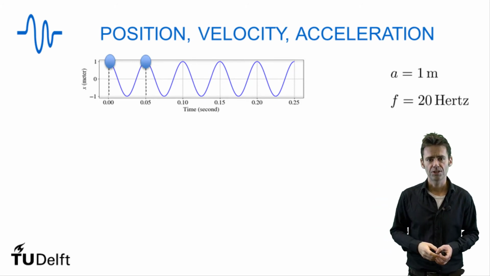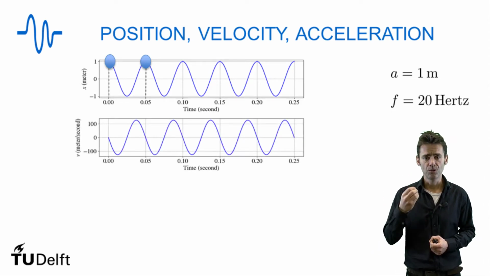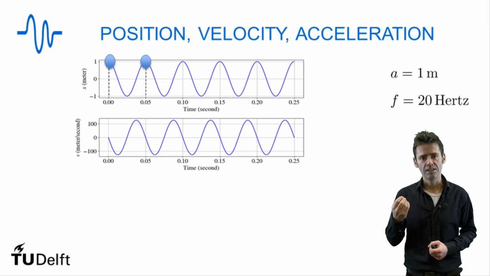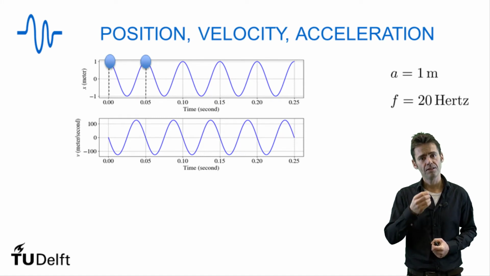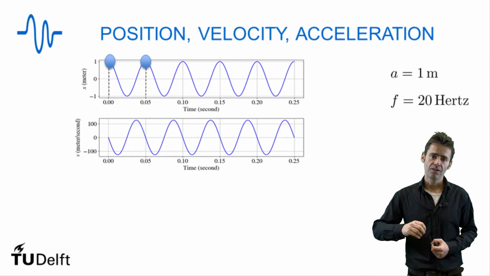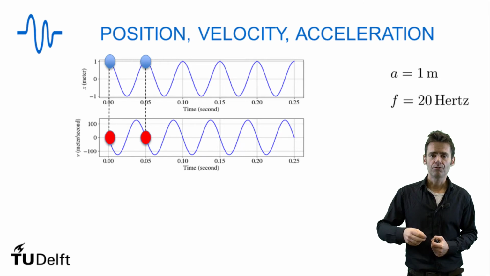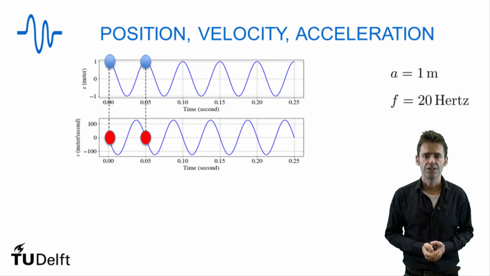Now what about the velocities? We have shown that the velocity at time t equals 0 is equal to 0. That's our boundary condition. Then the velocity increases and is at its maximum when the position is actually 0. That means the oscillator goes through its equilibrium position. Then the velocity becomes 0 again when the oscillator is at its maximum extension. And finally, of course, the velocity returns back to its maximum when it goes back again through this equilibrium position.